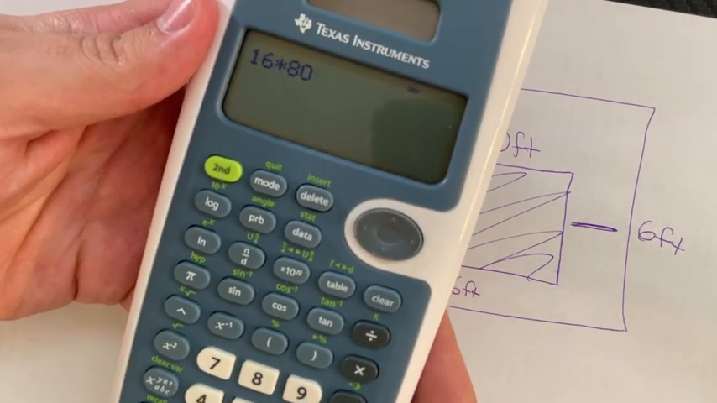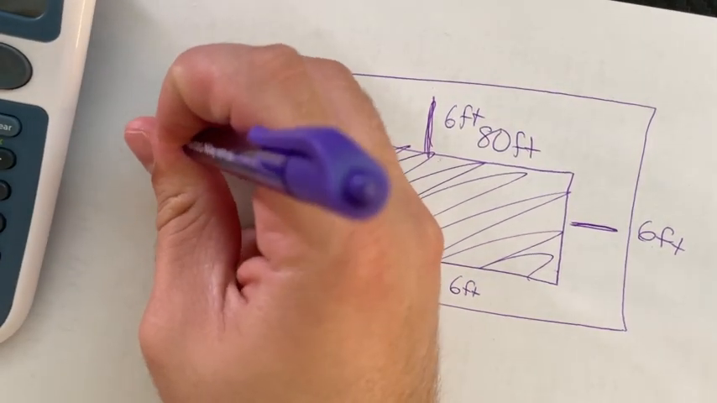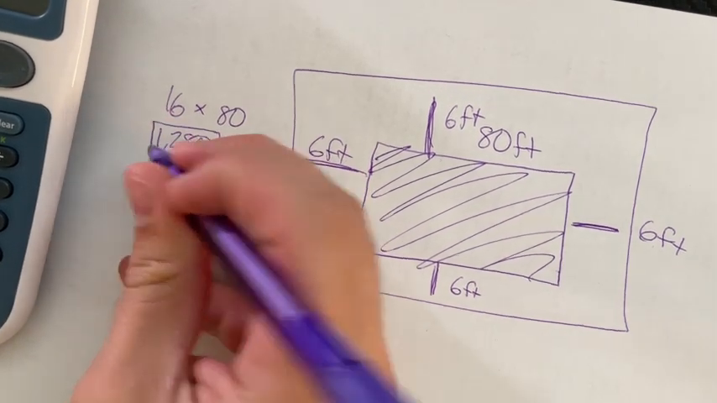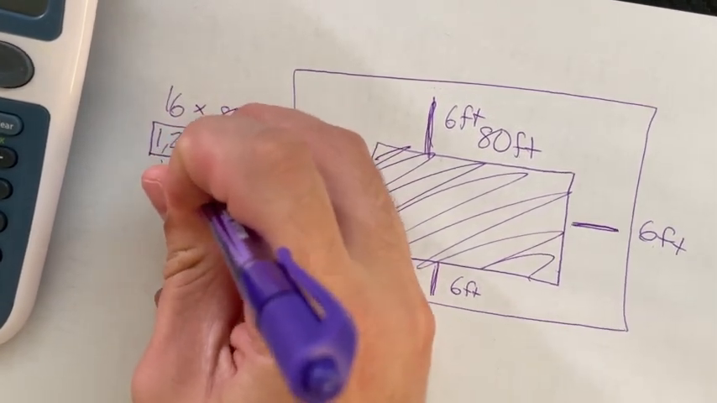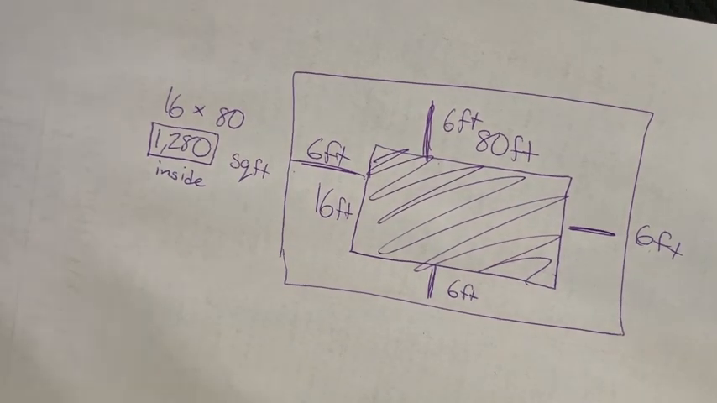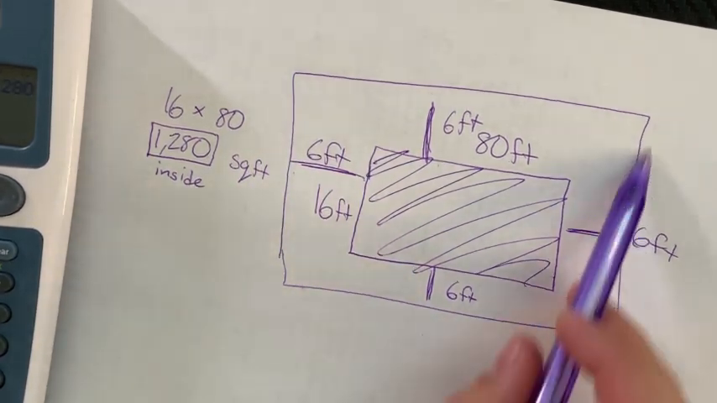16 times 80, 1,280 square feet. Okay? So let's just write that. 1,280 square feet is the inside or the building or the brown area, whatever. Okay? So we know that one, and now we need to find out the larger area so that we can